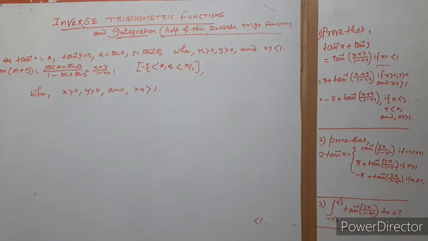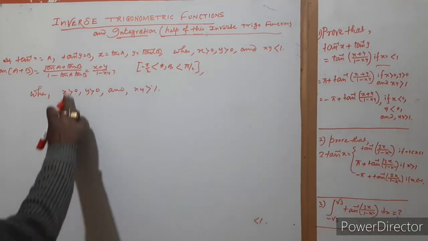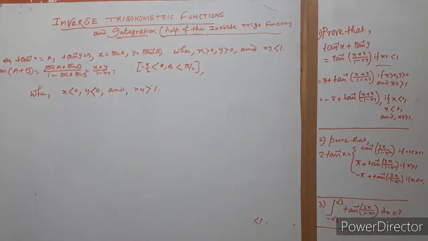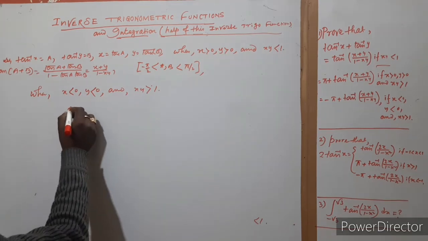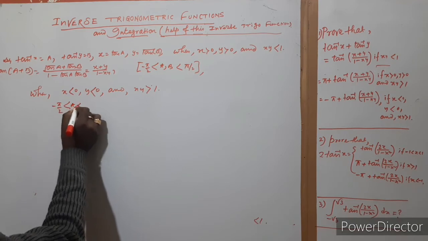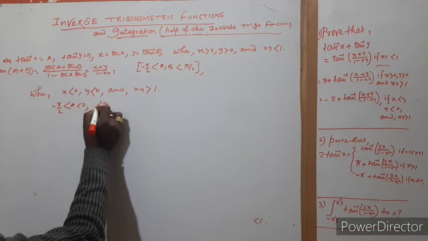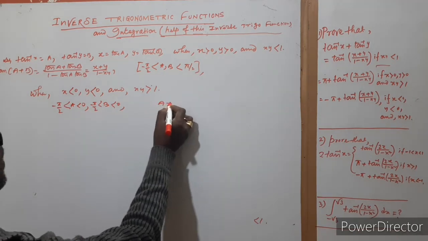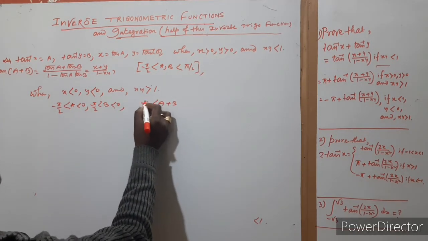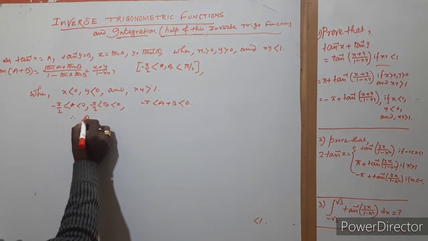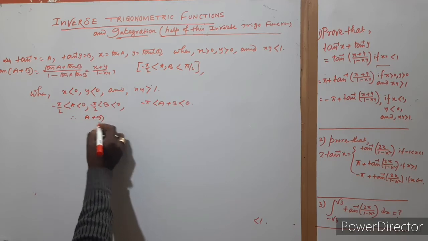Last point: x is less than 0 and y is less than 0, and xy is more than 0. So if x is less than 0, a lies between minus pi by 2 and 0, and b lies between minus pi by 2 and 0. If we add these two angles, it lies between minus pi and 0. So therefore a plus b